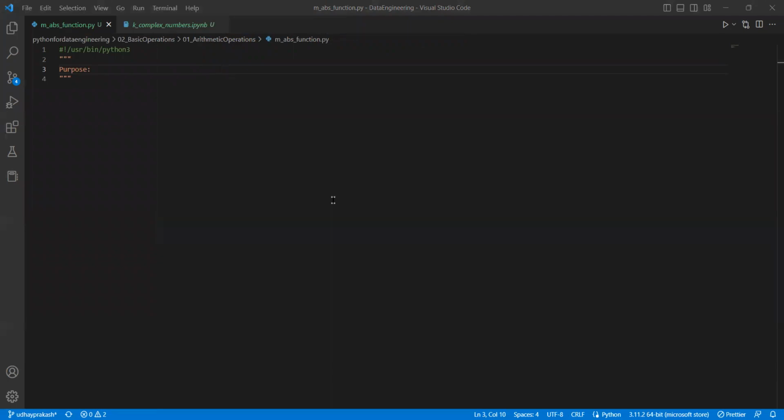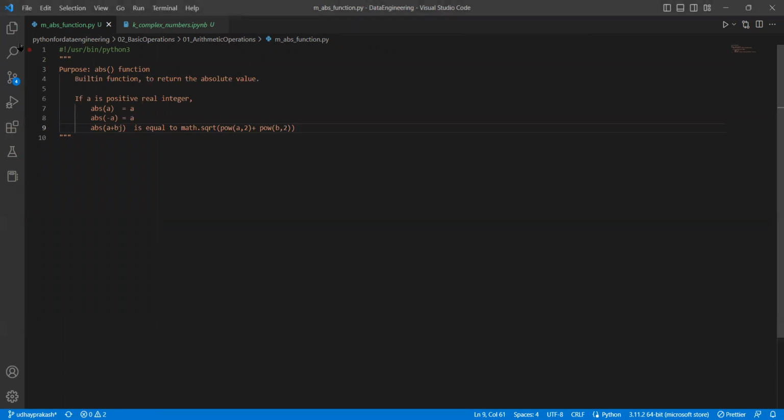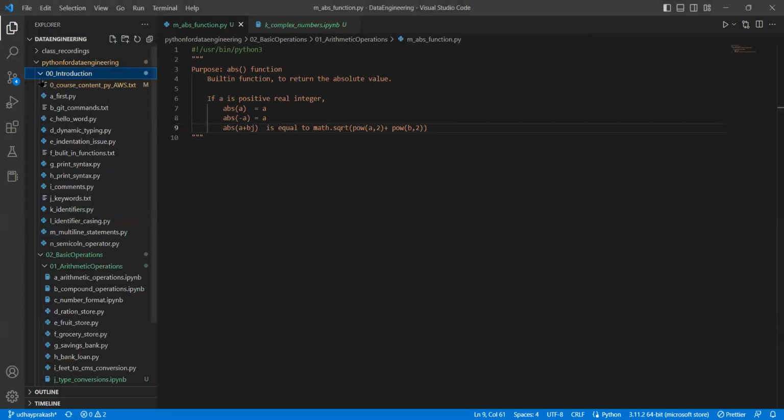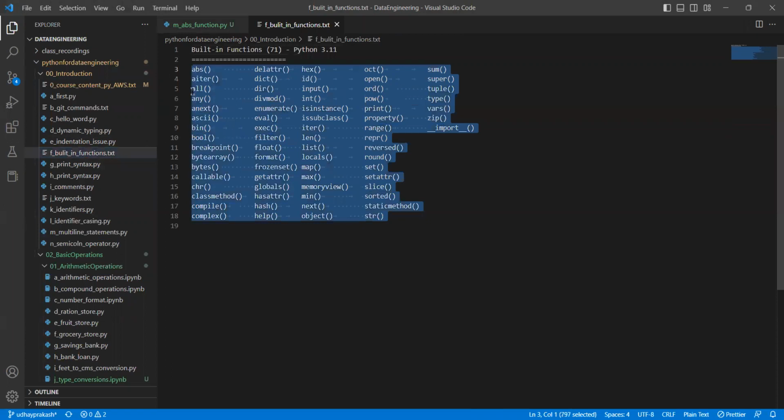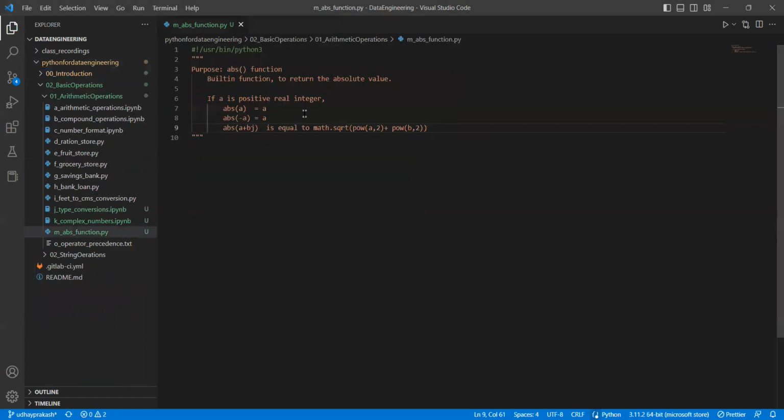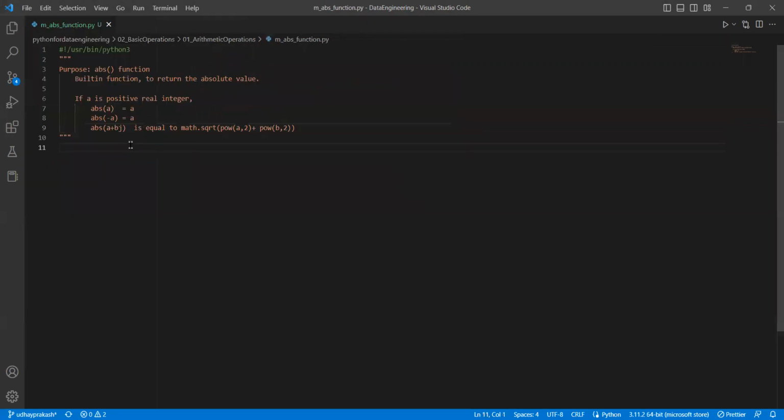Among the built-in functions, we already touched on a few of them. Earlier I showed you these are the built-in functions, 71. Among the 71 functions, by the end of this chapter, we have touched at least 10 of them. So the next function that we touch is abs. This is a small thing, but it will be handy in real time sometimes. If you have a value which is either positive or negative, but you just want the positive value, that's where